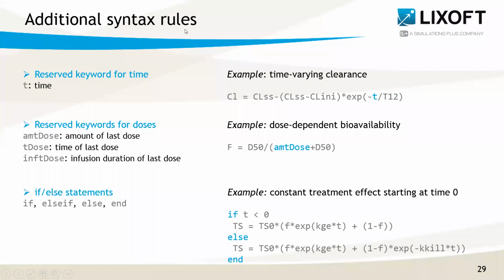I have a few additional syntax rules that can be useful. First, the reserved keyword for time is T. So for example, if you want to define the time varying clearance, you can write it like this with a T keyword here. We also have keywords related to doses. So for example, the amount, time, or infusion duration of the last dose. So if I use, for example, AMT dose, the amount of the last dose, I can use it to define the dose-dependent bioavailability. So AMT dose always holds the amount of the last administrated dose, and that is pretty convenient in this